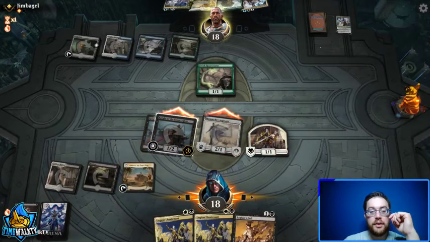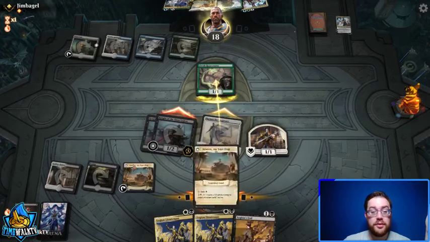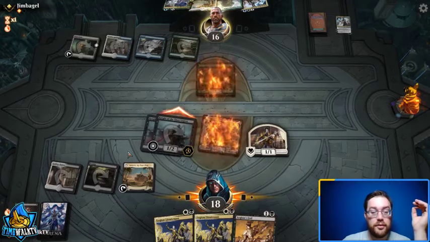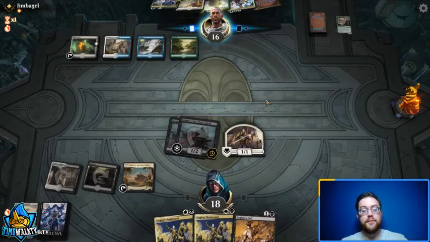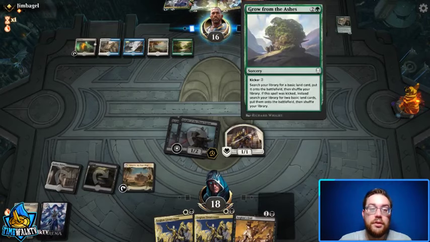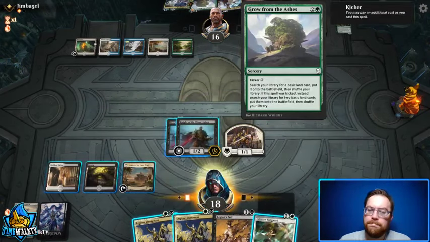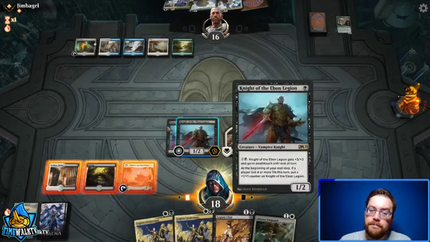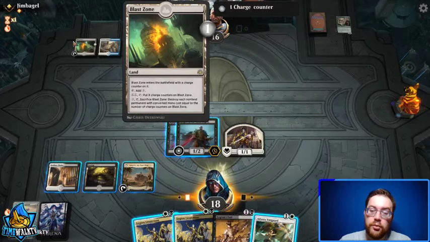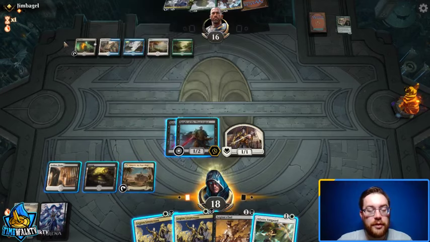Now, I don't like swinging into that, but do what you gotta do to flip the old... What is it? Adanto the First Fort. Okie dokie. Well, I guess they could Grow from the Ashes. Or not. Ooh, they have Blast Zone. Crud. That's what they're going to wait for. But then there'll be a land behind, so...